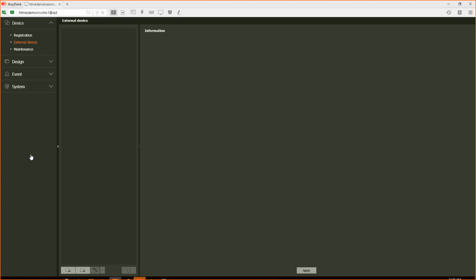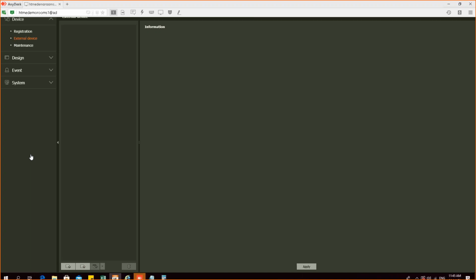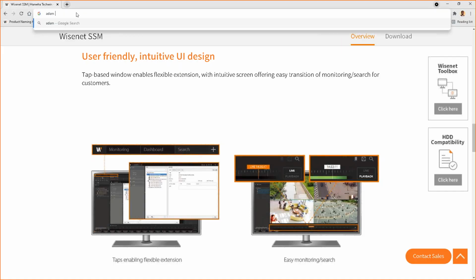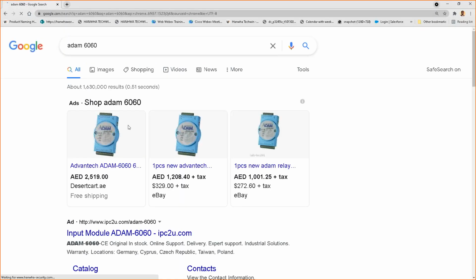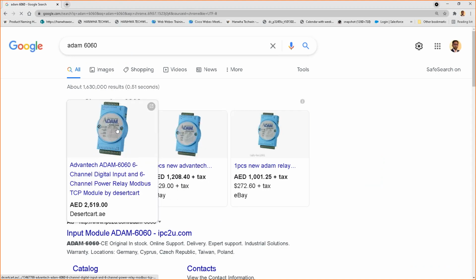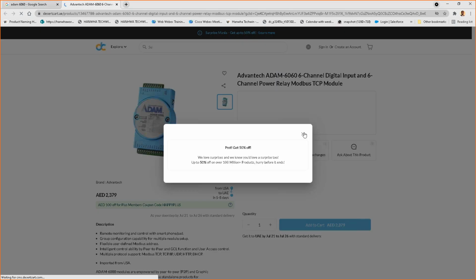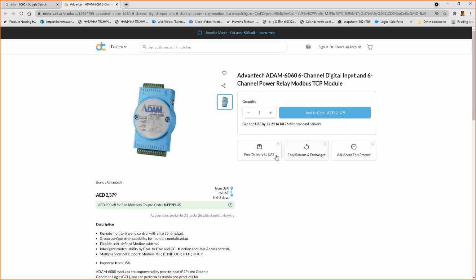Okay. Then some customers require relay contact integration. For example, I'm not sure if you know about these modules, ADAM modules. Let's say you want to integrate to a BMS system, and the BMS system wants to receive the events from SSM.